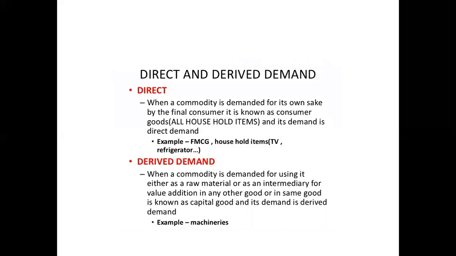Coming on to the next one, direct and derived demand. Direct demand is when a commodity is demanded directly for your own consumption, for your own choice. But what is a derived demand? Derived demand is when a commodity or a thing is required as a raw material or as an intermediary good for getting a finished good. So here it says, when a commodity is demanded for its own sake by the final